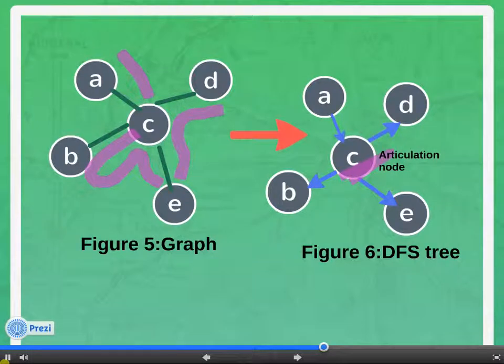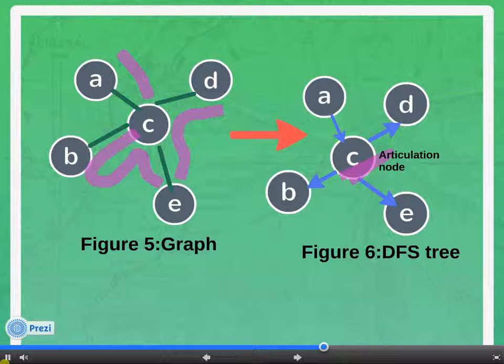What about depth first search, that is DFS? Let's try it and see what happens. Take our scenario graph and apply DFS on it. According to DFS, the current visited node is pushed into the stack and the search will continue until there are no unvisited nodes reachable from the current node. After applying DFS on the graph shown in figure 5, you will get the DFS tree shown in figure 6. After getting the DFS tree, you will check all conditions of the DFS tree to find articulation points.